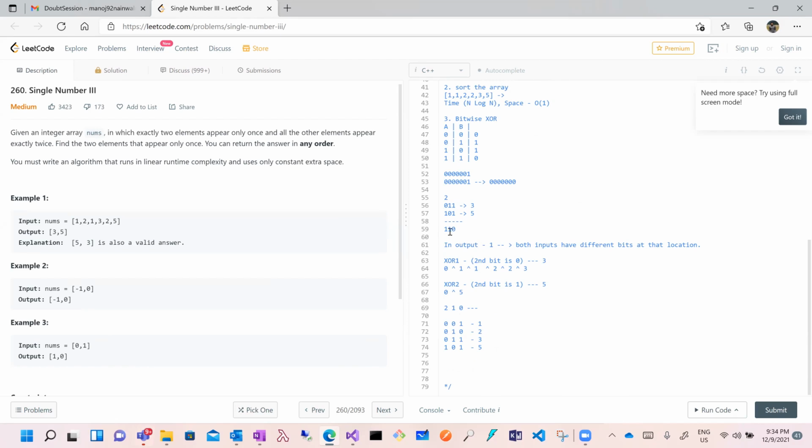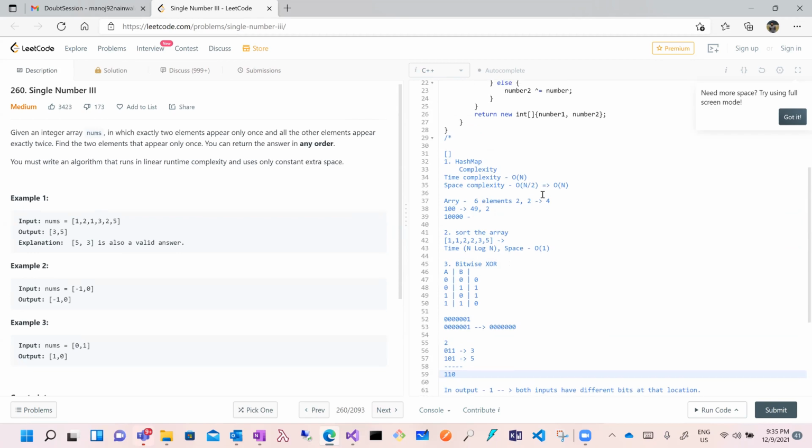I have to find a position where my output is 1, meaning the bit is 1, because at that position I am pretty sure the bit is different for these numbers. 0 tells me nothing. 0 is like both can have 1 or both can have 0. But 1 is telling me one input is 0 and one is 1, right?